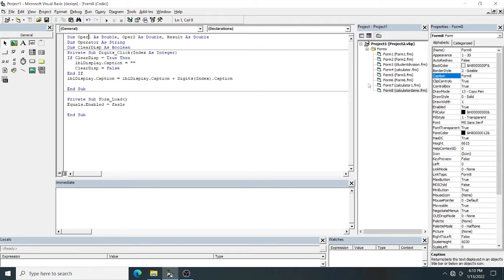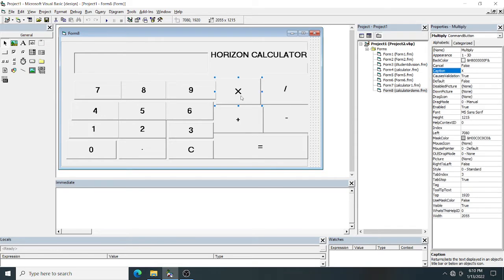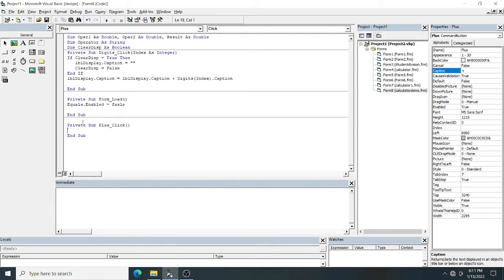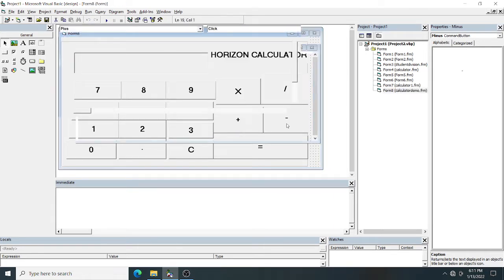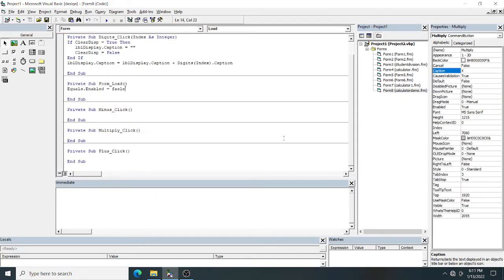Okay, look here. Now we have to go next, for the equal button. First, sorry, the operator. So just click on any operator. Suppose I'm clicking on plus. You can see what is the name? Plus. What is the name? Multiply. What is the name? Division. What is the name? Minus. So I'm double clicking on the plus button. See, the plus event procedure came, the minus button, the minus event procedure came, the into button, and the division event came.